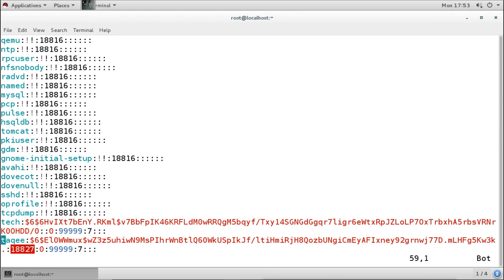If we see these other system accounts which were created at the time of installation, they have 18,816. In the account which I created right now, it is 18,827. It is the time difference after the installation, when we created this account today. Now this days count will be the starting point for the expiring days. So the password is going to expire after this